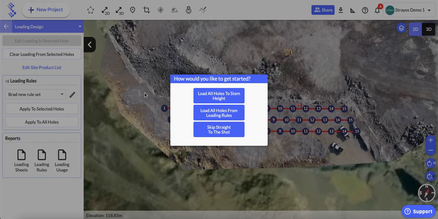This is basically an optional shortcut way to load all the holes quickly if you're doing something simple like just loading all the holes to stem height, or loading holes using a pre-existing rule set that you've created in the past. So first I'll show you what it would look like to load all the holes to a particular